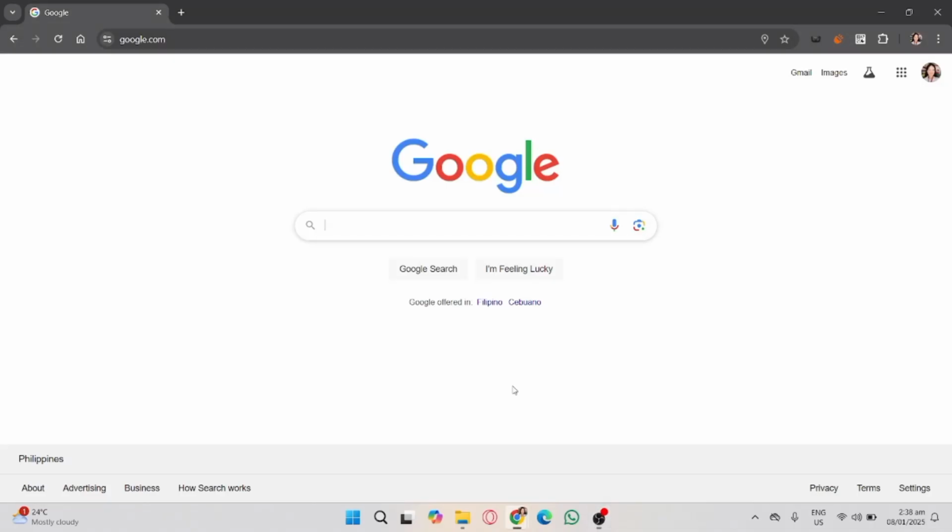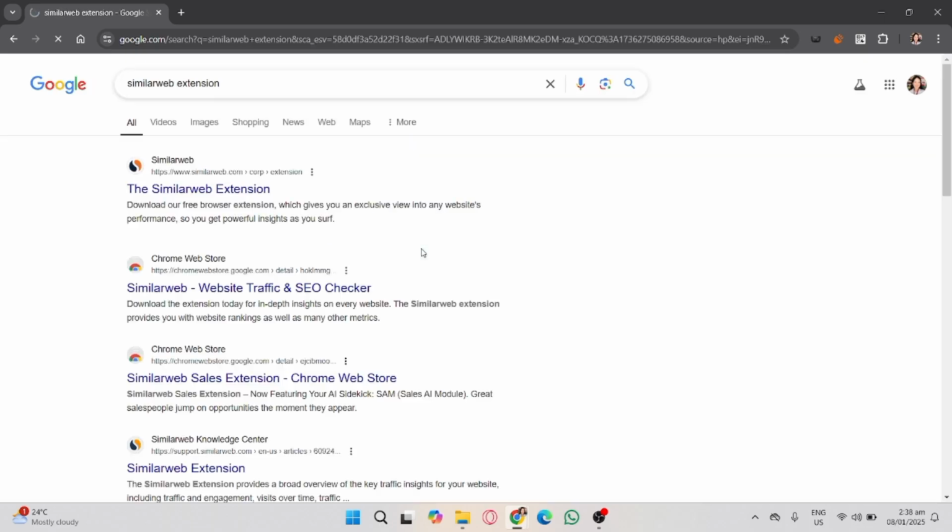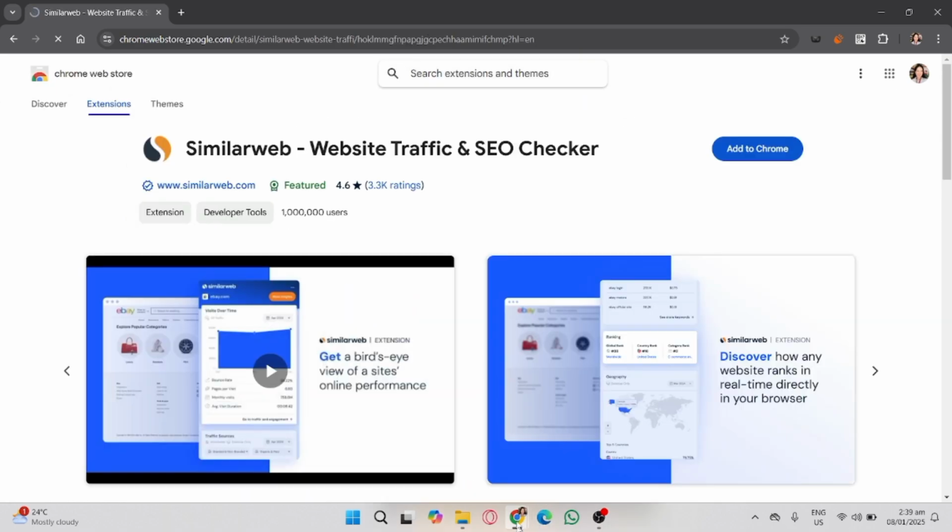In this video, I'm going to show you how to add SimilarWeb extension in Chrome. So first, make sure you are on the Chrome browser, and then on the search bar, search for SimilarWeb extension, and then make sure you click the Chrome Web Store, and then after that, you will see here the Add